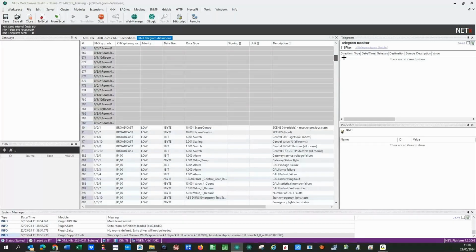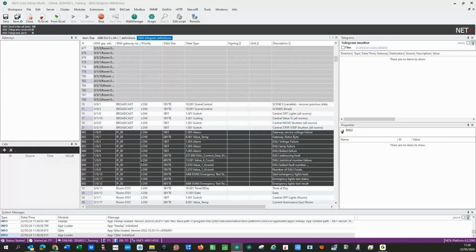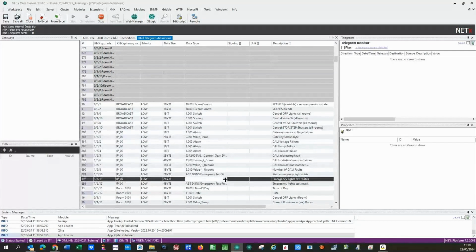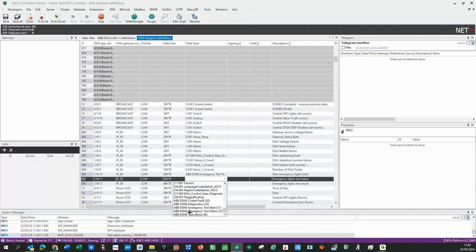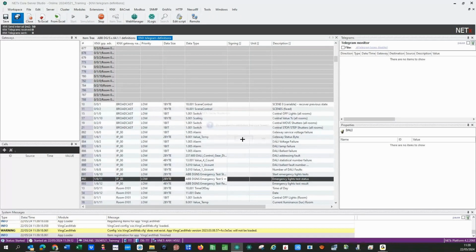It's just only a few things about DALI. So it's not the rest of the things included in my house. There is emergency lights test status. Okay, it was not defined, so we will get some issues if I restart without this definition, just to do